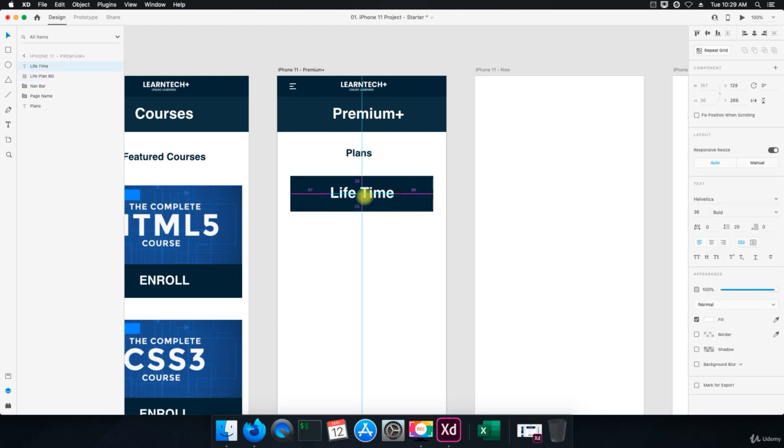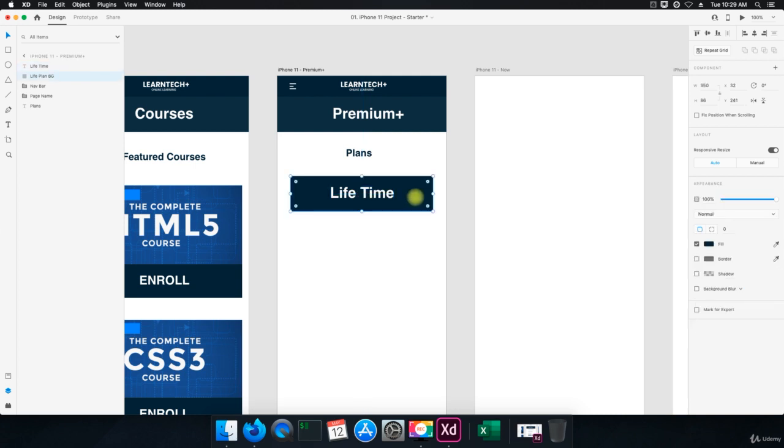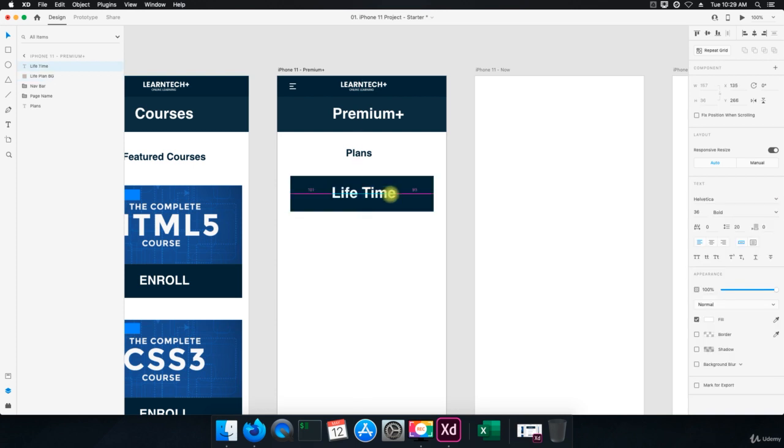Okay, so we got 25 on the top, 25 on the bottom. Okay, now the width is 350. Okay, let's do 351 and see what that does. That should, yep, okay. So now we have 97 on the left, 97 on the right, 25 on the top, 25 on the bottom. So we're right in the middle, okay? So that works. So now what I want to do, and I'm going to save this,